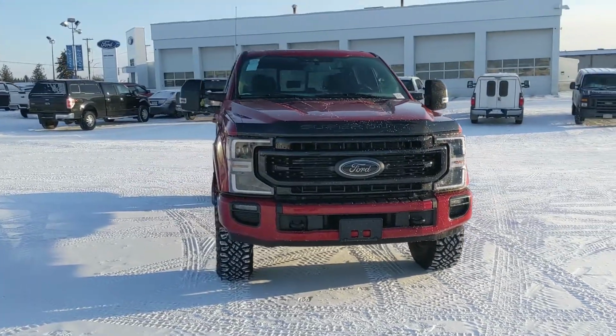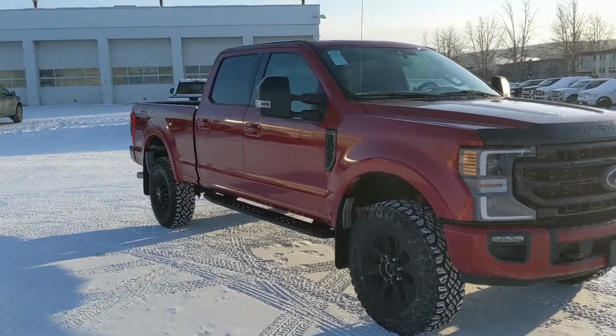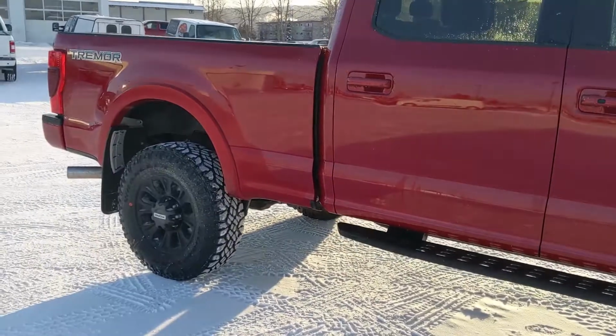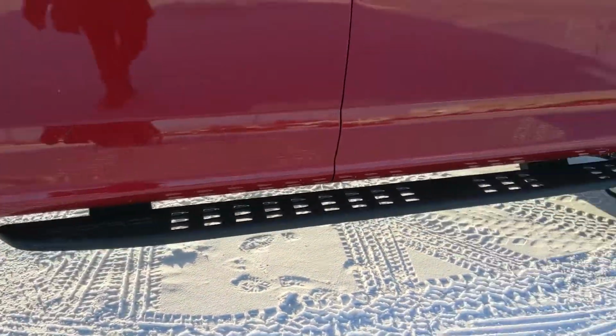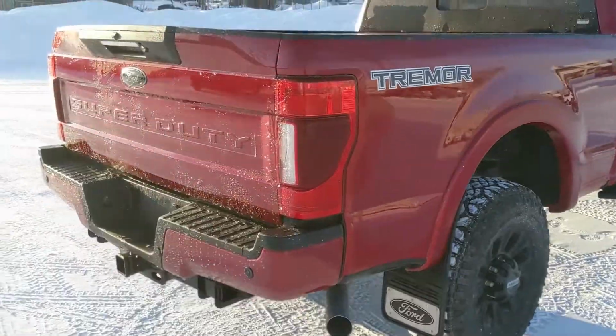We're taking a look at the 2021 Ford F-350 in a Lariat trim and powered by a 7.3 liter V8 engine, providing you with plenty of power for towing, hauling, and 4x4ing, and coming with the Tremor Off-Road Package, providing you with things such as a level kit, adding some extra height, some bigger off-road tires, platform running boards there, as you can see. You have some nice heavy-duty mud flaps on the front and rear tires as well, but let's take a look